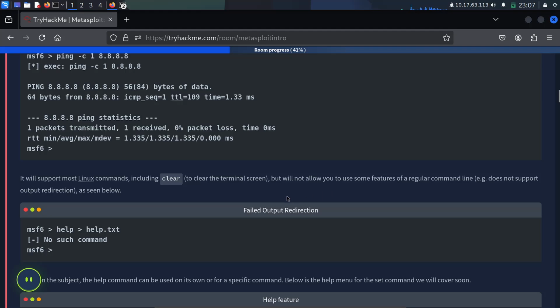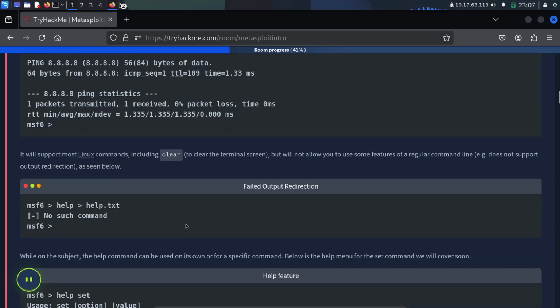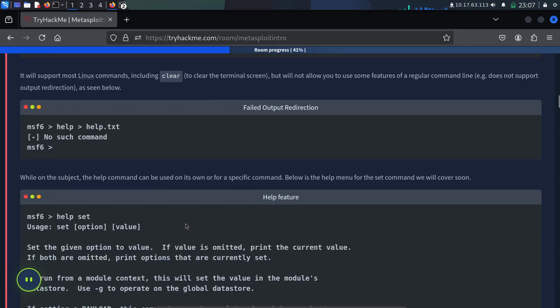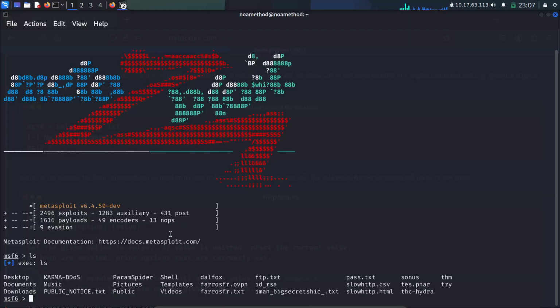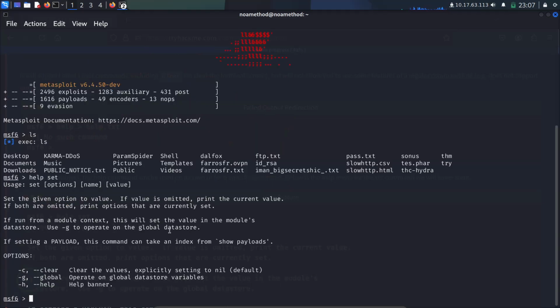It does not support output redirection as shown below. You can try the help set command. This is the help: set sets a named option to a value. If a value is omitted, it prints the current value. If both are omitted, it prints the options that are currently set. Options include clear, -g for global, and -h for help.